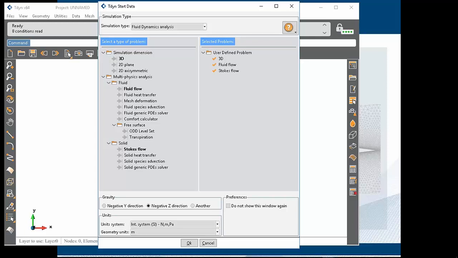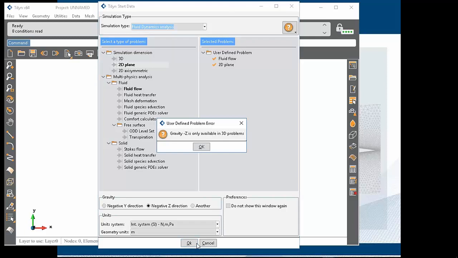Well, the first thing you find is this start data window in which we are going to choose the type of problem. Of course, there are more modules for structural analysis and other coupled problems, but in this case, yes, the CFD module, we are going to deal with the fluid dynamic analysis. It's going to be a 2D plane analysis, fluid flow, and we don't need Stokes flow. So we just set this for the problem,